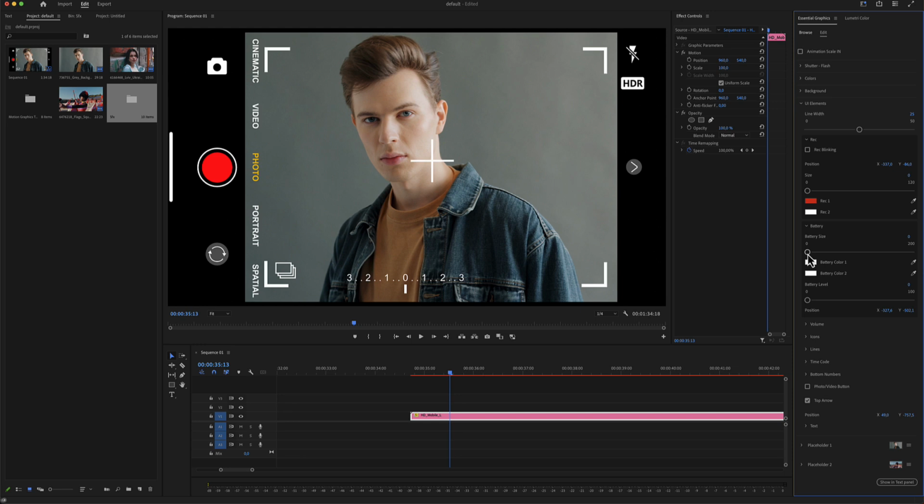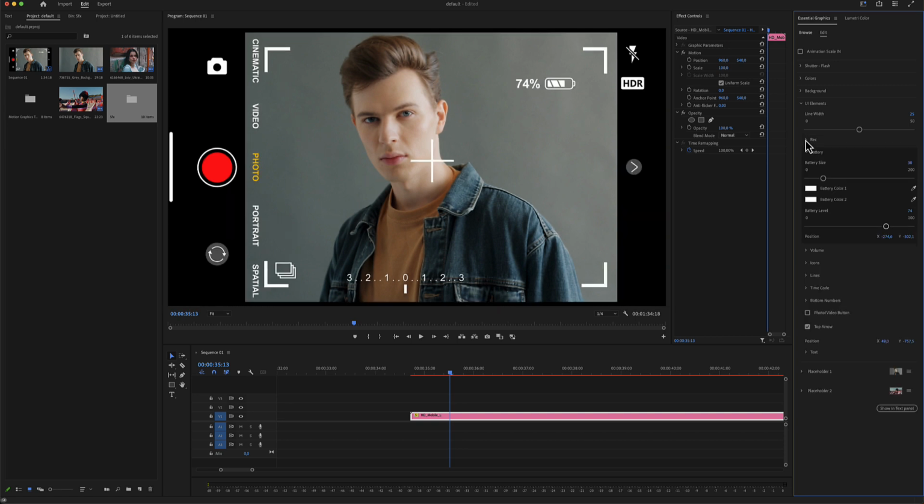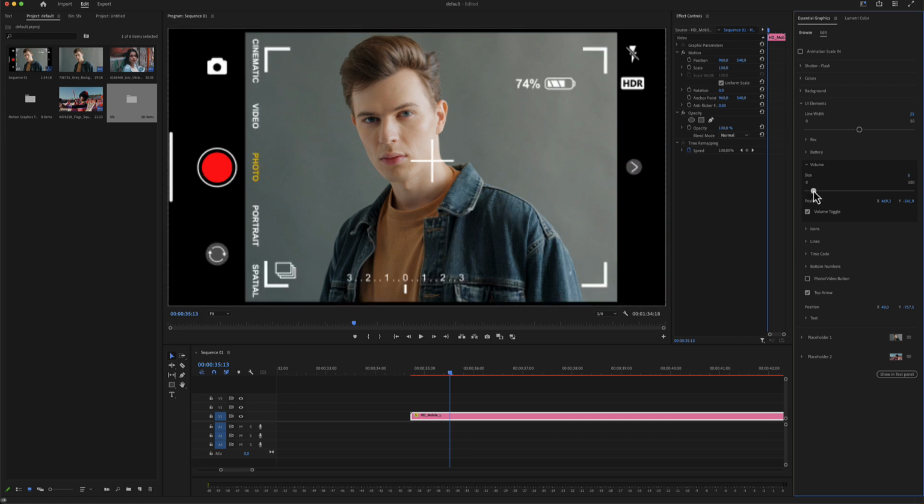A battery category, including size, battery level, and the colors. Of course, there's an option for position. Volume, including a size, different volume graphics, and position, of course. Icons,